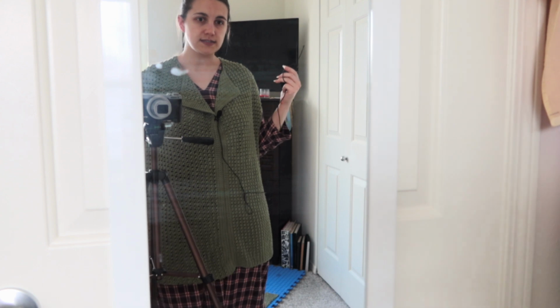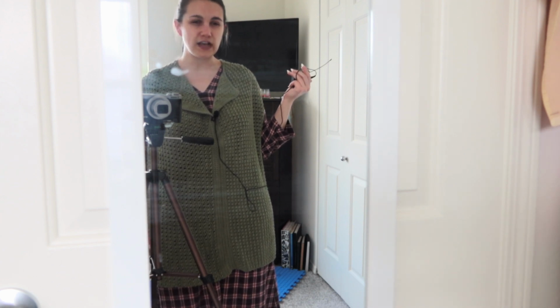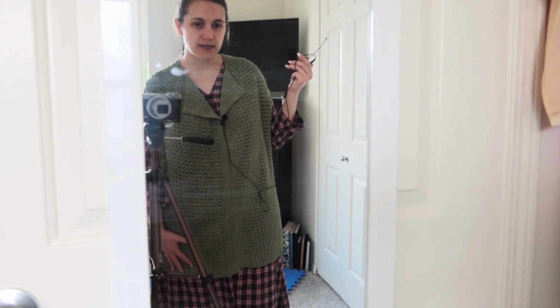I'm thinking it is maybe a bit too long. This is down to like my mid thigh, and the reference photo doesn't look quite that long, so I think what I might do is hem it, because this is a secret. When I was stitching up the center seam, I realized that this side was a bit longer than this side, so I've already done some hemming anyway to even those out. Don't tell anybody. I think I'm gonna hem it even more and even it out to make it shorter, and